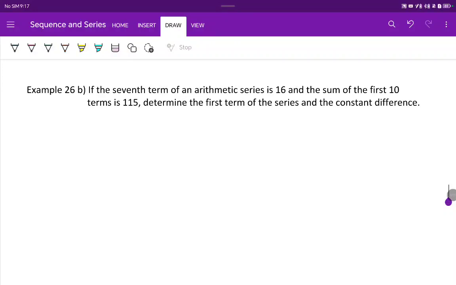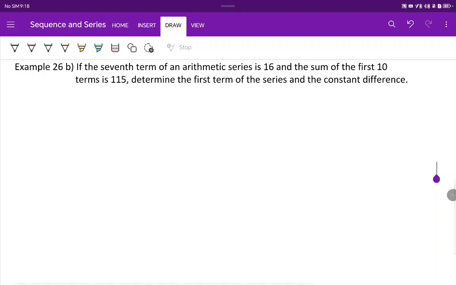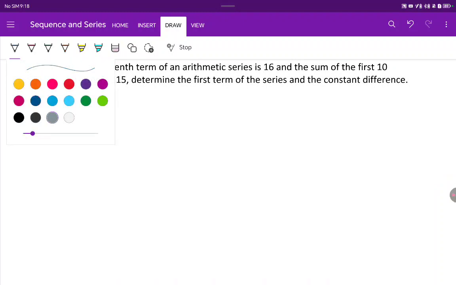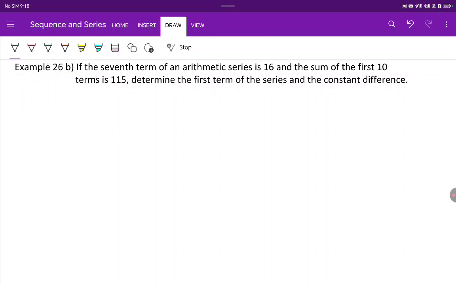All right, let's do example 26b. If the seventh term, okay, I want to sort out my colors properly. I'm going to go gray right now. If the seventh term of an arithmetic series is 16, okay, what I want to do is start with the word arithmetic. So for arithmetic,